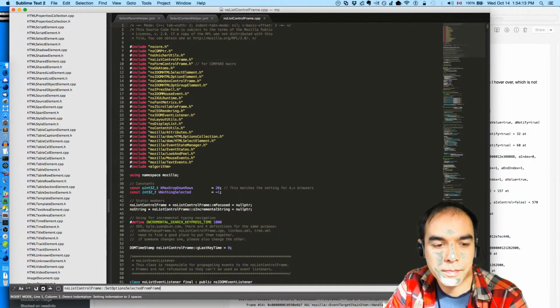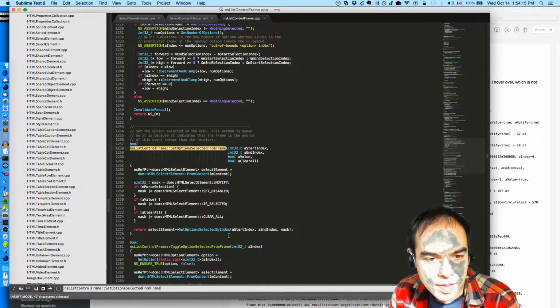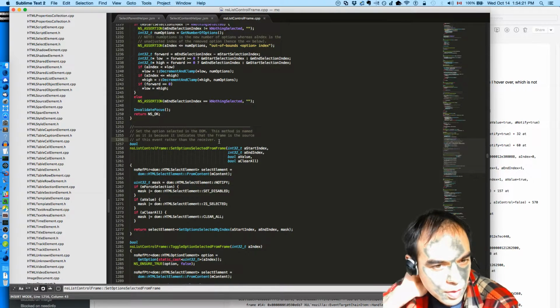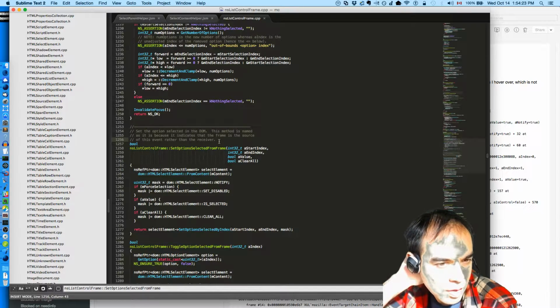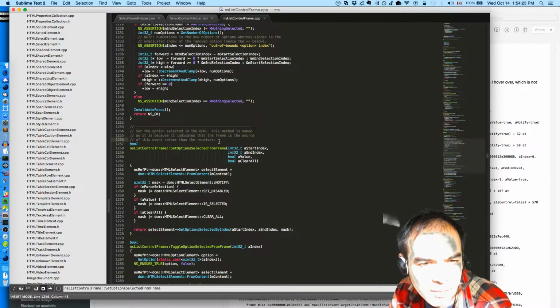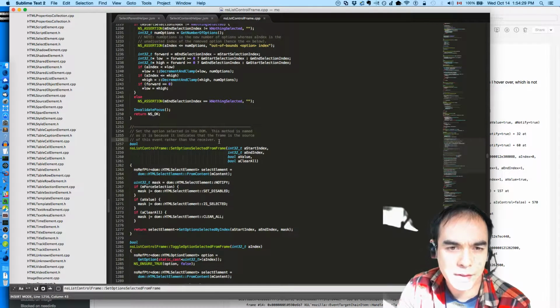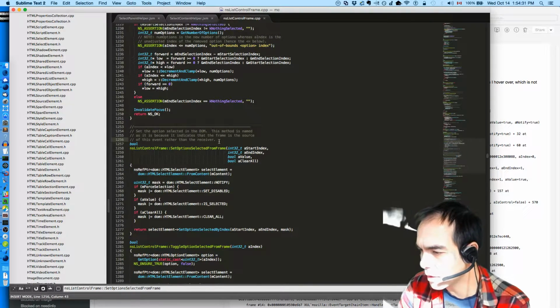Set the option selected in the DOM. The frame is the source of the event rather than the receiver. I don't understand that model. My mental model is all wrong.